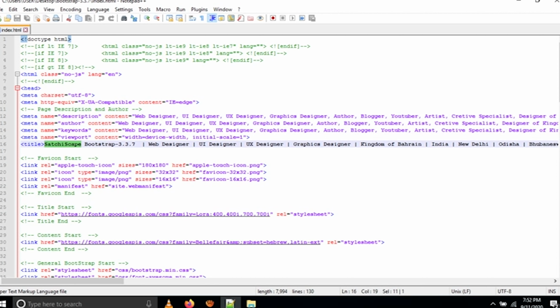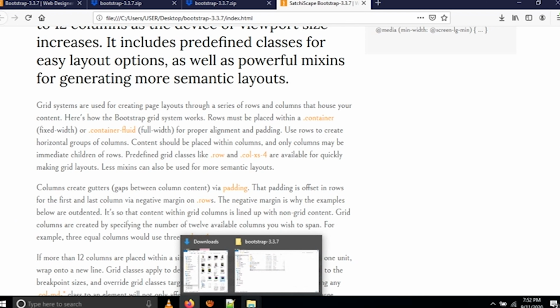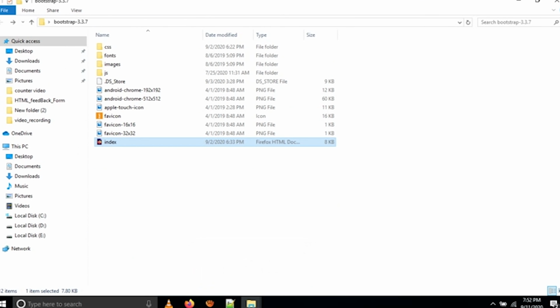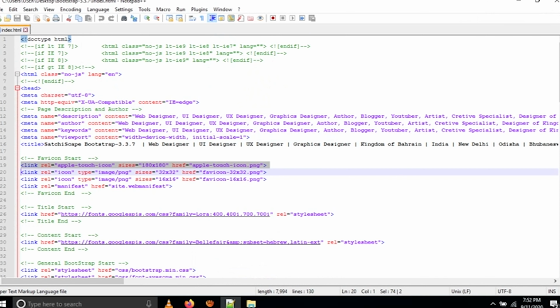After that you are seeing the title, which is the page title, and here I have used the fav icon. You see here there is a fav icon I have used. This orange color one is called a fav icon. In the online tutorials you can generate the fav icons. These are the fav icons I have used. The same code, I have used this fav icon in the HTML to see the fav icons there.